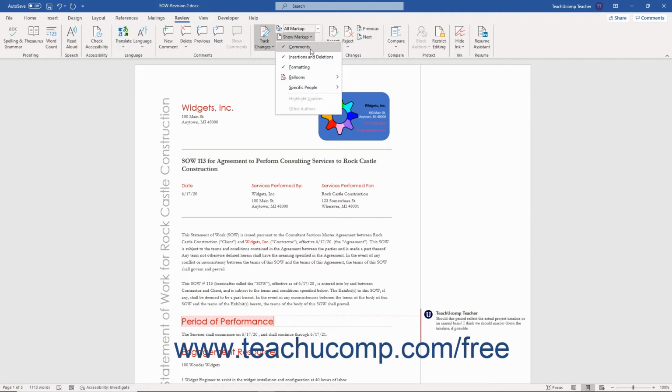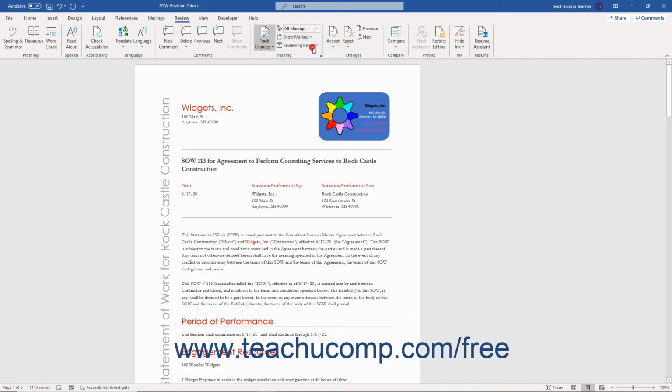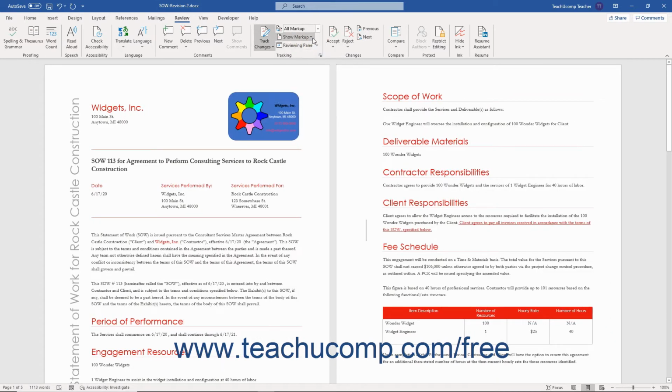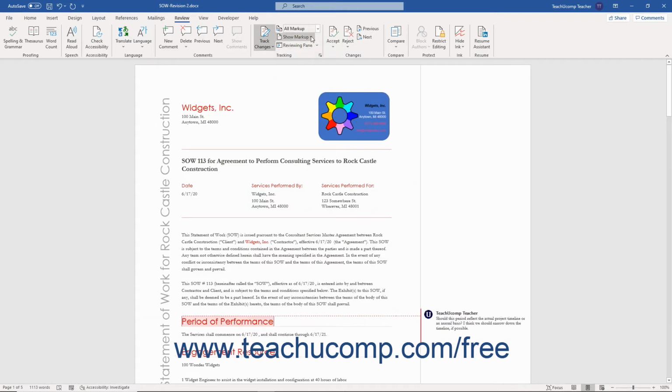In the uppermost section of the drop-down menu, you can click to check or uncheck to show or hide the markups listed except for balloons and specific people. A check mark next to the name of the markup means that type of markup appears in the document. If there is no check mark next to the name of the markup, then that type of markup is hidden in the document. Note that by default, all the items in this section should appear checked to show all possible